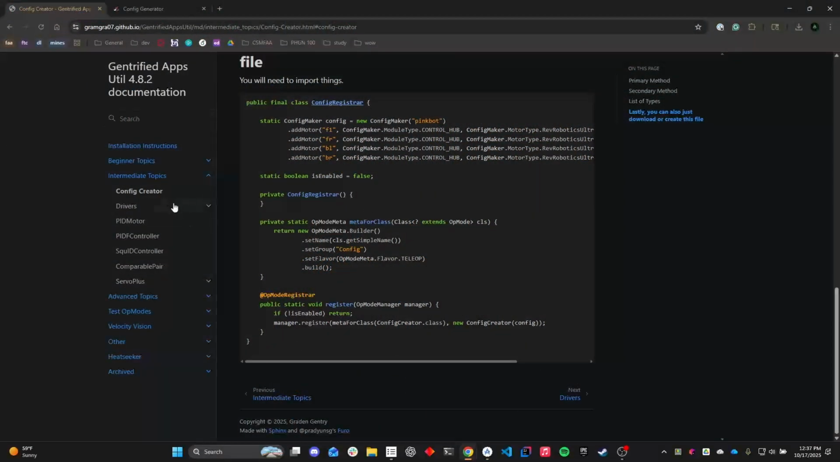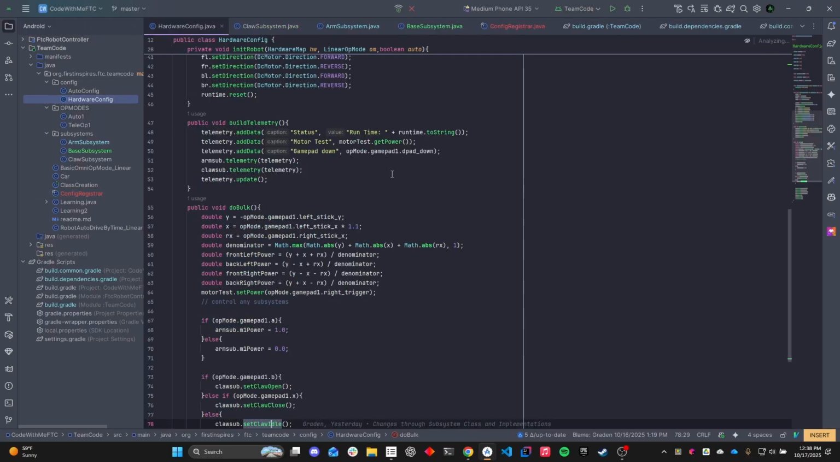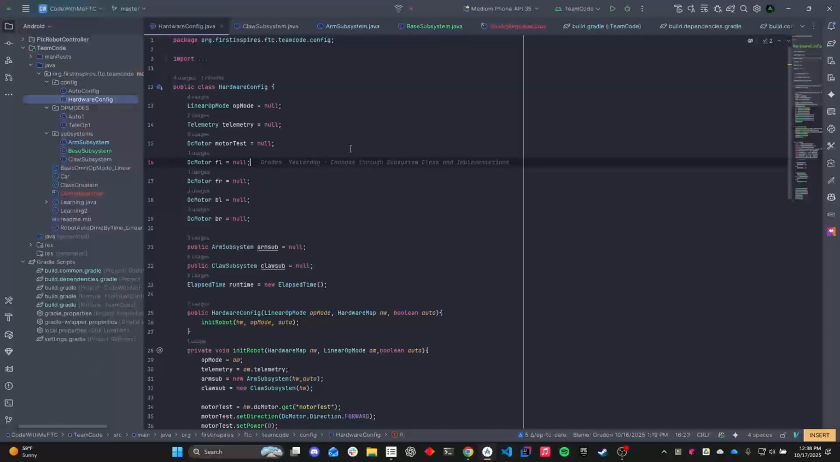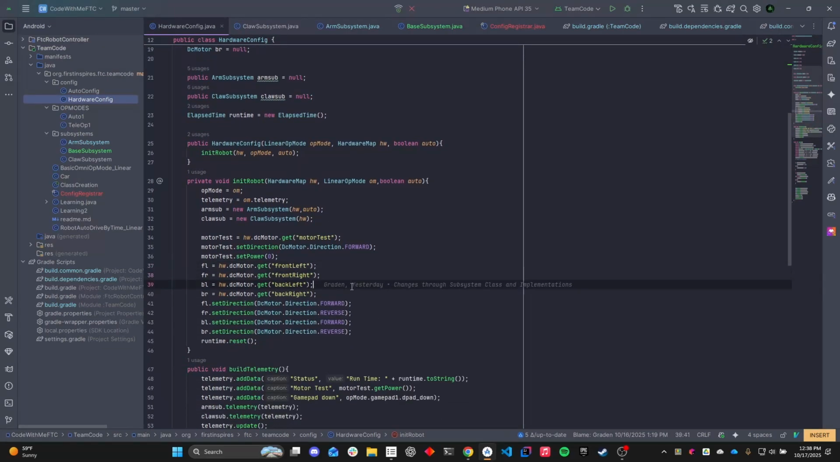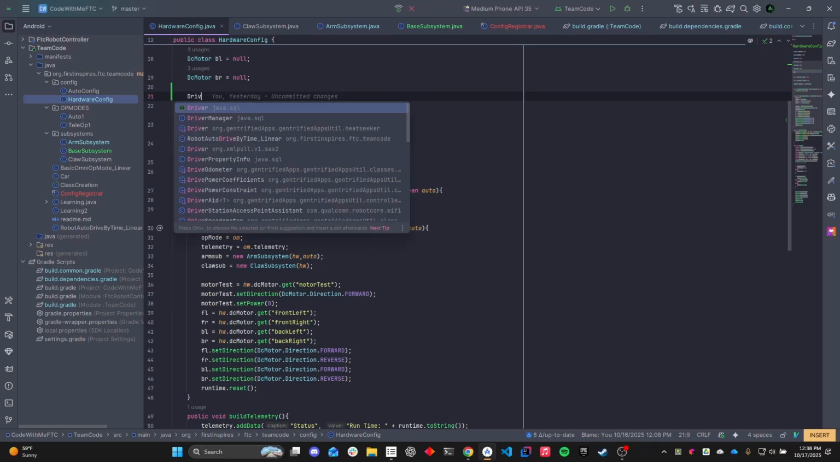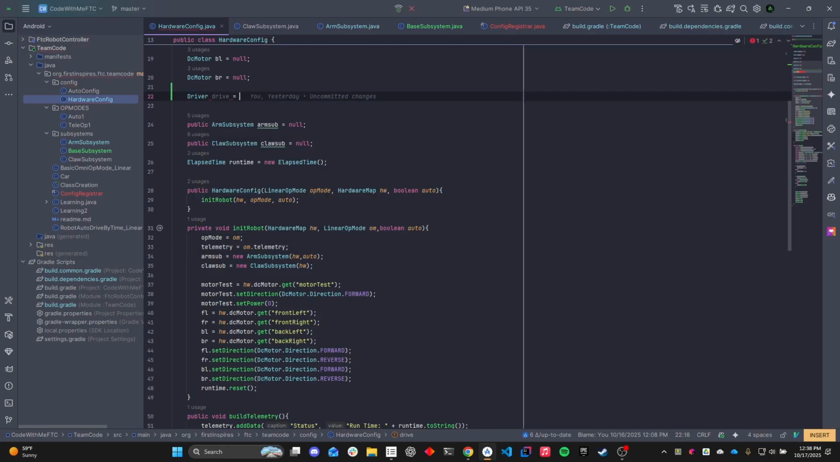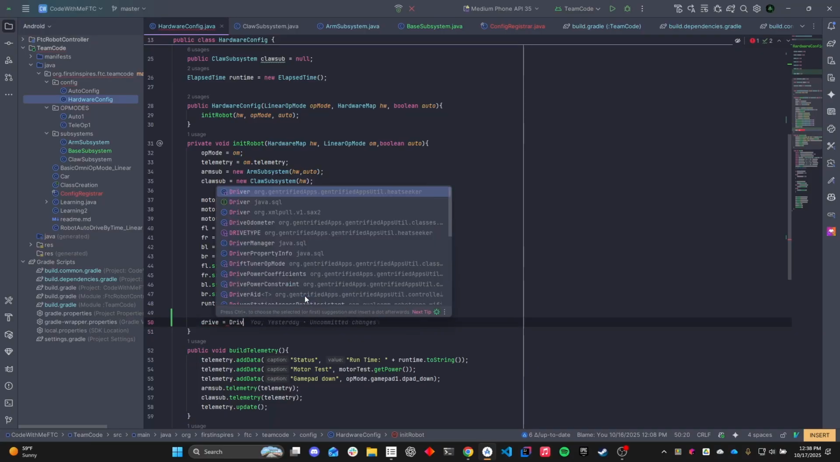Alright, and next up, we're going to rewrite our hardware config. So what we're going to do here is we know we have all these different motors. So we're just going to go up here, and you'll see why. We're just going to go driver and take this one right here from Gentrified Apps Util is equal to null, and we'll just call it drive for right now. Now I'm just going to put this below. We're going to go drive equal to driver,